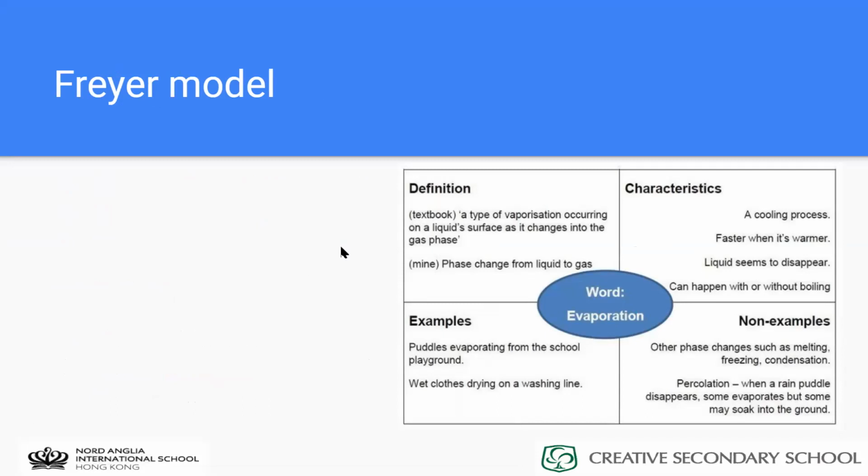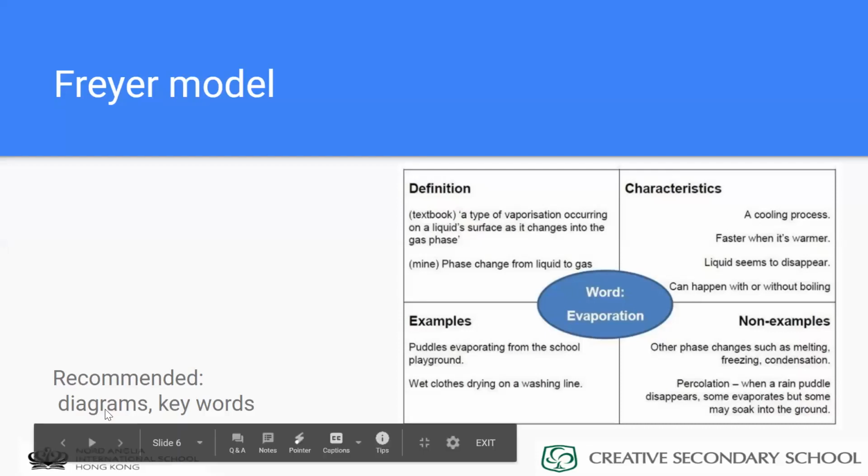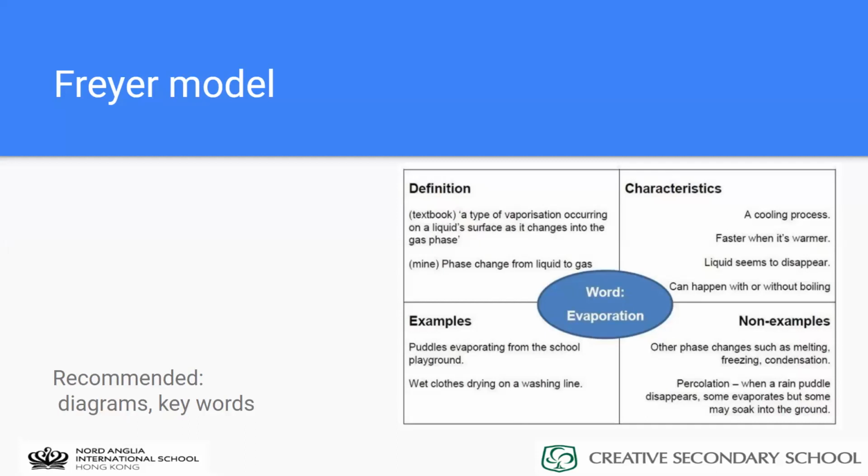And I'd like you to think about where you could use the Frayer model in your upcoming lesson, or maybe a lesson that you've just done recently. Where could you have used a Frayer model, or where could you use it in a lesson that's coming up? I do recommend having diagrams. I'm a maths teacher. I love a diagram. They speak 1,000 words, as all my students can quote now.